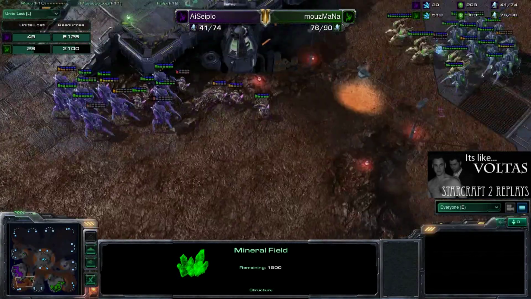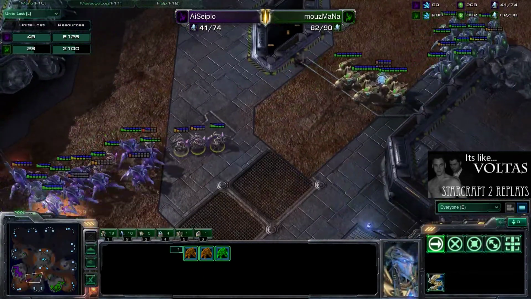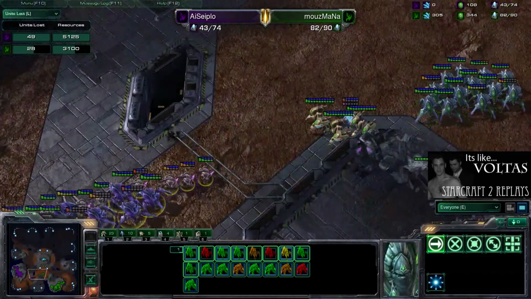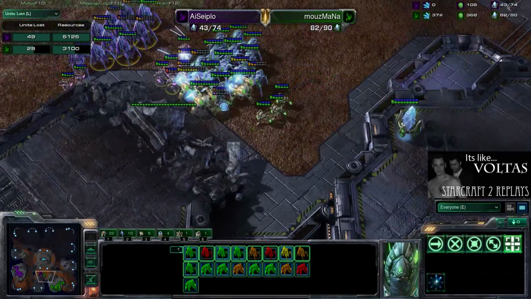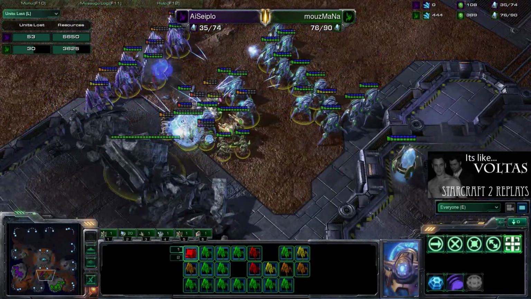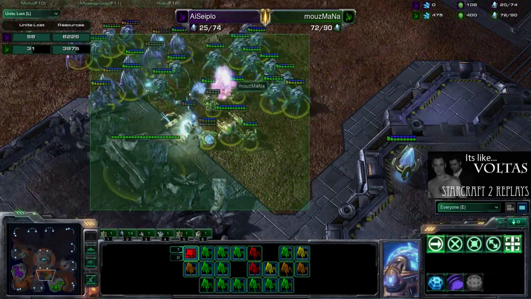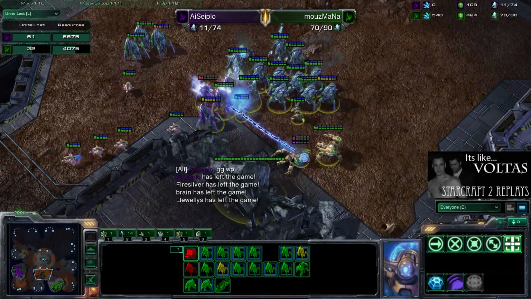Okay, now he's bringing down the Zealots finally. I'm not sure if they're going to do any good right now. A lot of them are injured, and it did go past their shields. Their shields have replenished, but they are damaged. We've got Immortals, and you know, those are going to be able to take those hits from those Zealots. We've got a few Zealots coming in, and it looks like MaNa is supremely outnumbering Seiplo, and good game, well